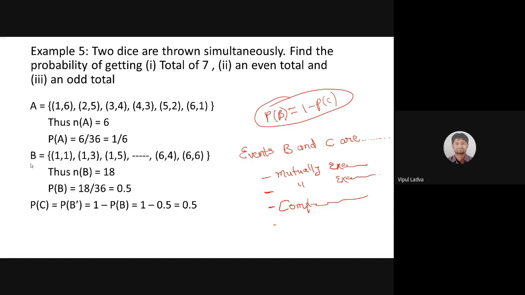Or instead of presenting like that, we can also go like this. The favorable cases for event C, of the total cases, there will be 18 cases. We can list them out. Then the number of C will be 18, and the probability of C will be 18 divided by 36. It will be once again 0.5. So you can present it this way, or the traditional way. Now that is up to you how you want to represent it. So this is example number 5.